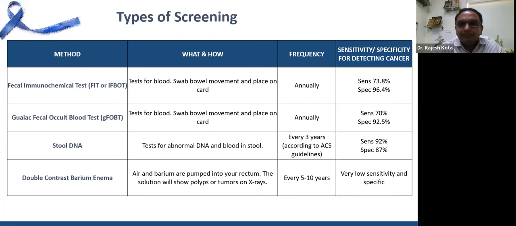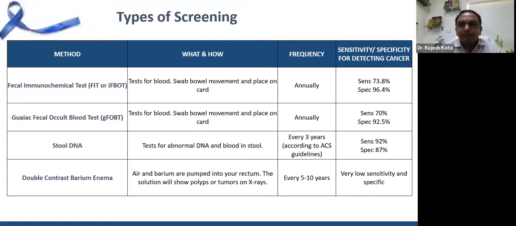As the disease progresses and we diagnose patients in stage 3 or stage 4, that is, the disease has spread to other parts of the body, treatment is costlier, outcomes are not as good as in the earlier stages, and there is a lot of morbidity to the patient also. So that's why screening is important.